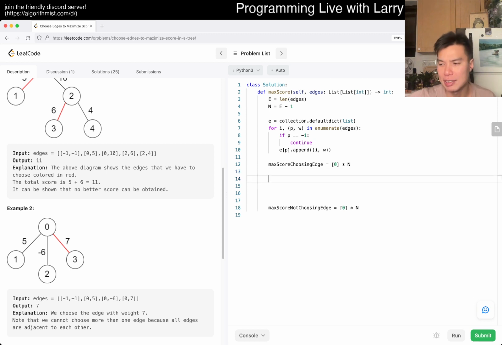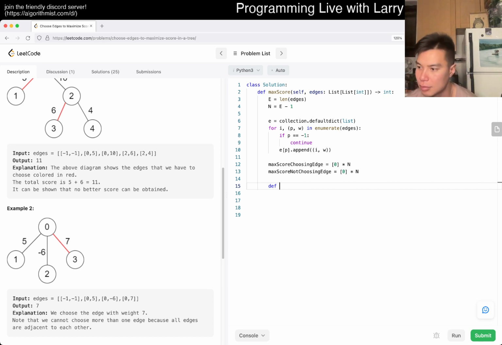And then now we just use recursion to calculate the max score that we can choose from an edge, right? Is this the best way to do it? Let me think about it for a second. Maybe I have to do it the other direction first. Okay, so yeah, so let's just say it's so much easier with memoization. Maybe I should have done it that way. But anyway,